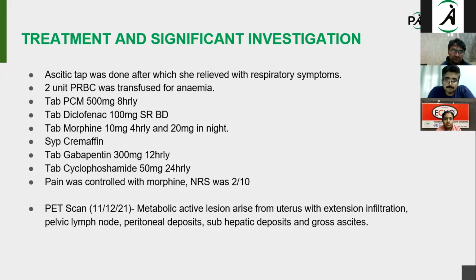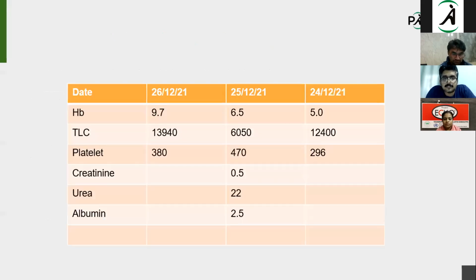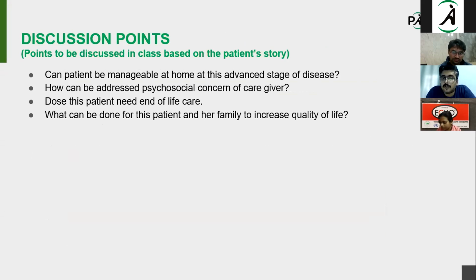See, the thing is, there are two types of ascites, as you already know. There can be a transudate and an exudate, right? In malignancy, usually it is a transudate because there is leaking. So it is a low SAAG ascites because there is not much difference between ascitic fluid and serum albumin. In such cases, the problem with tapping is whenever you are tapping it, you are actually taking some of the protein along with it. Because it has protein content, it can actually worsen the ascites if you are not supplementing protein. But especially in this patient, the albumin is a little bit low, so there can be some transudative element to the ascites as well.